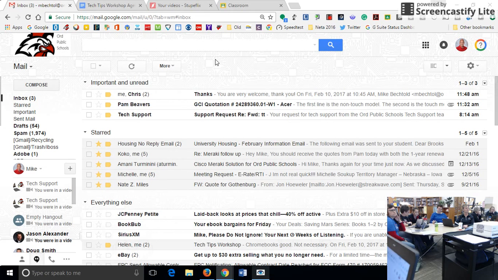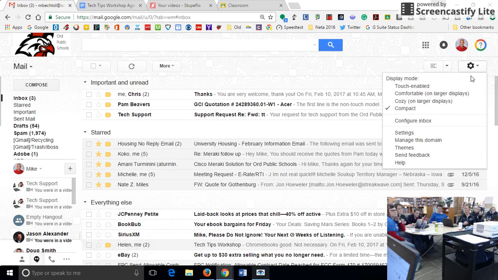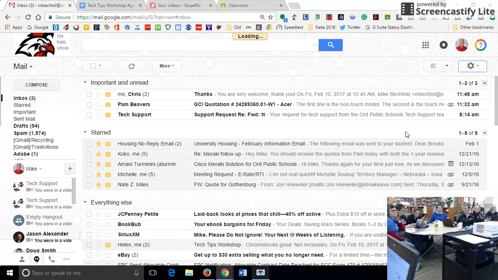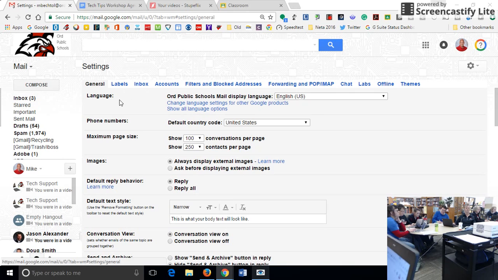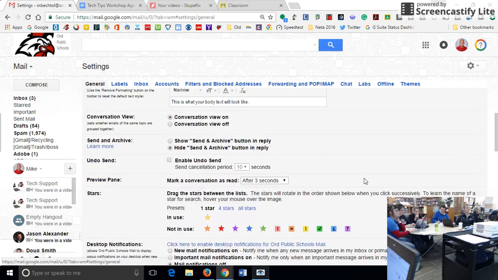Email is, there's a few things that you can do to make your life a little easier, and some I can see by the icons that we had at the top. Some of you need to add your picture. We'll do that. So first of all, if you open your email and you go over to this gear, settings, and you pull down to settings, under the general tab, there's a lot of things you can do to spice up your email. And one of those things is